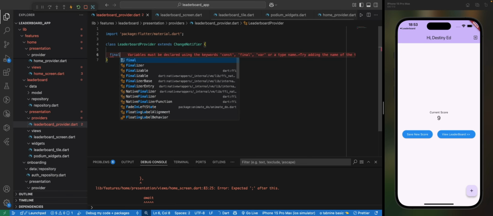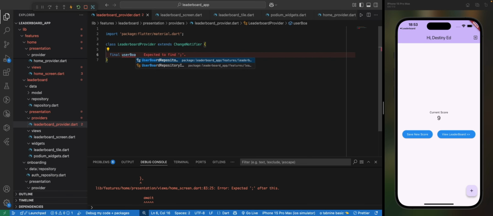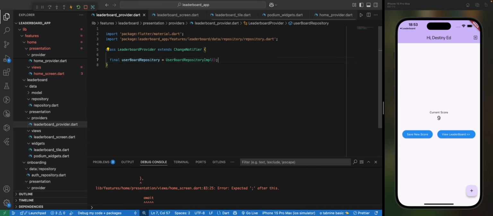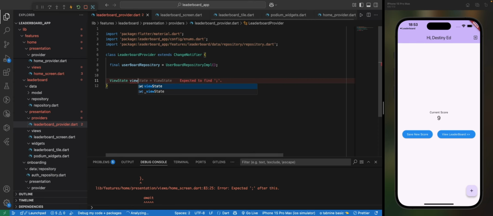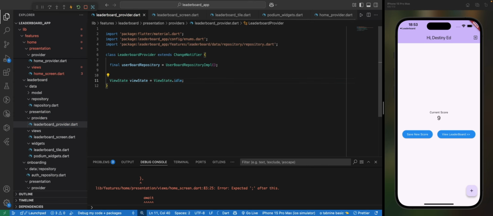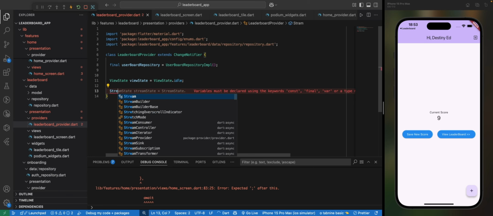So inside here, I'm going to create an instance of our user board repo, like the repository. So I'll call this user board repository implementation. Then I have my view state, which is going to be the view state, right? View state dot idle. Then the next thing I'm going to do now is to create two methods. One is to call, the first one is to stream